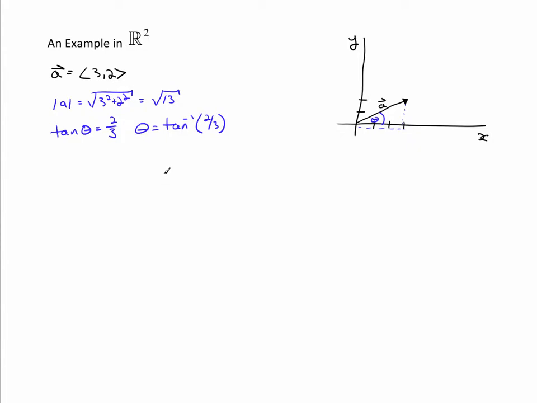So now let's suppose that I want to take this vector A, and I want to move the initial point to the point, let's say 2, 2. I'm not going to move it too far. So I want to take this point, and I really want to move it to the point 2, 2, which is like right there. I want this to be my initial point of the vector. So the end point must then be,